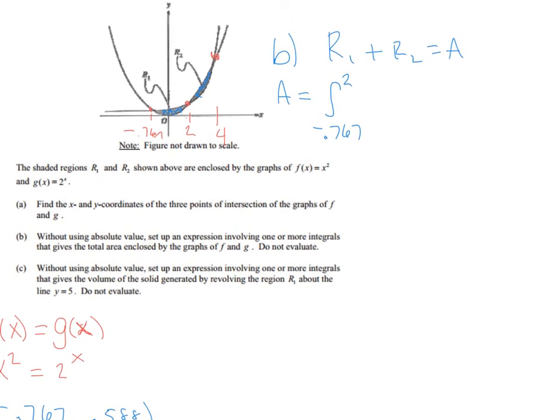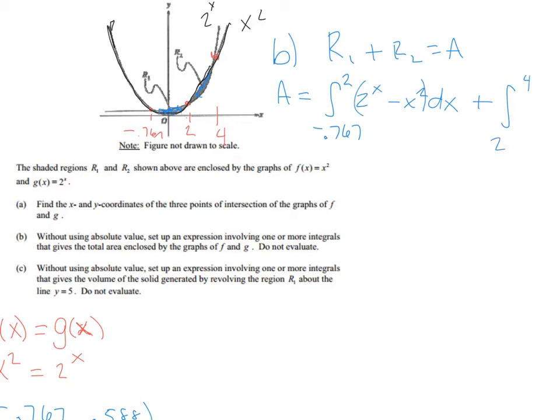This curve here, if I follow it, is the parabola. That one is x squared, and this one here is 2 to the x. So I know that for the blue region over here, my upper curve is 2 to the x, and my lower curve is x squared. So it would be the integral of 2 to the x minus x squared dx, that's the first region, plus